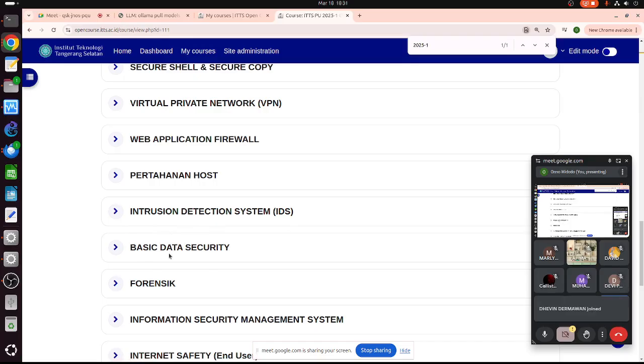Basic data security, which is basically data encryption. Just to give you an example of why it is needed: people can sniff, people can see what we are sending over the network, and to be able to protect the data, we need to encrypt the data. So to give you some idea,